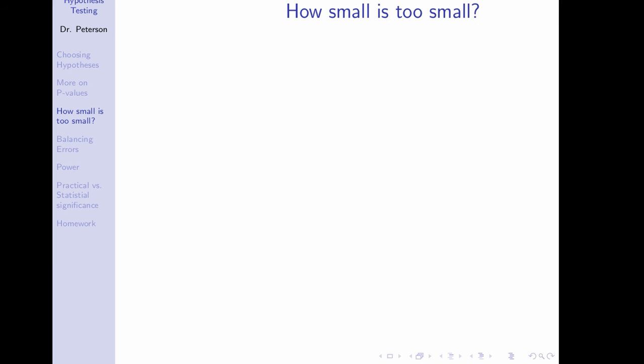How small is too small when considering a p-value? So what the real question here is, how small does p need to be in order to reject our null hypothesis? So we've used a lot of examples where the p-value is quite large, say 0.18 to 0.5, and a lot of examples where the p-value is very small,